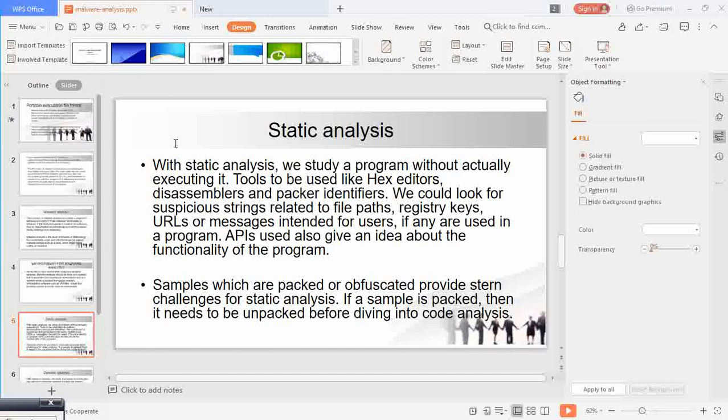APIs used in a program also give an idea about the functionality of the program. Samples which are packed or obfuscated provide stern challenges for static analysis. If a sample is packed, then it needs to be unpacked before diving into code analysis.